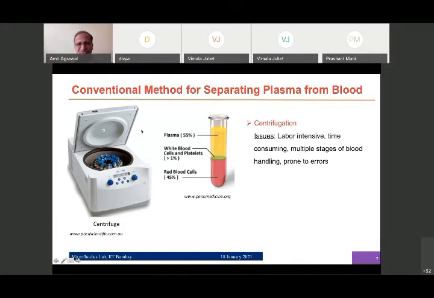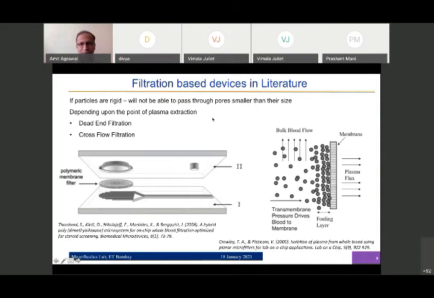So you just use a filter which will block out the cells, which is the solid part, and let the liquid part or the plasma flow through, and that can be collected, just like you make tea, and you use the strainer to remove the tea leaves. Can we not do that? The answer to that turns out to be no, or it's difficult to use a filter because we have seen the numbers. The numbers showed that we're dealing with 5 millions of